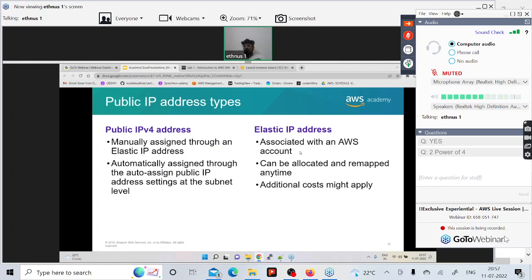Now let's check out elastic IP. It is associated with your AWS account. Definitely, it will be associated with your AWS account because you are requesting that. It can be allocated and removed anytime. Now suppose you have requested one elastic IP. You have attached it to instance number 1. Now suppose you have to terminate instance number 1 and you have to launch instance number 2. So you can also